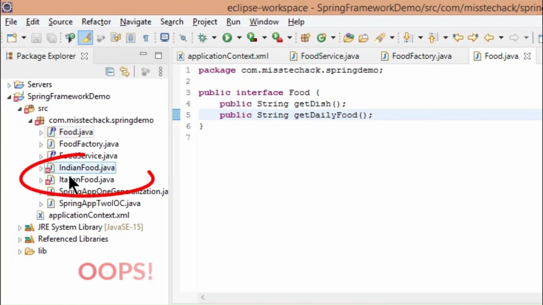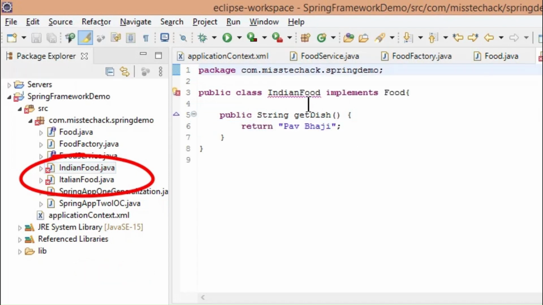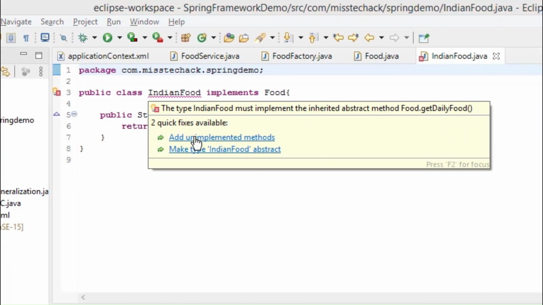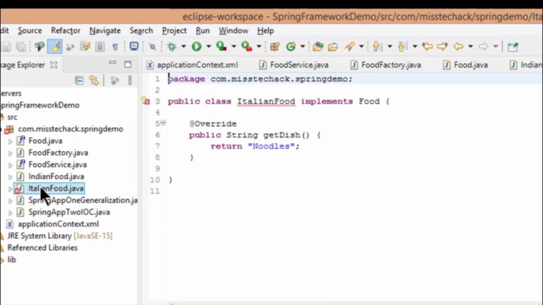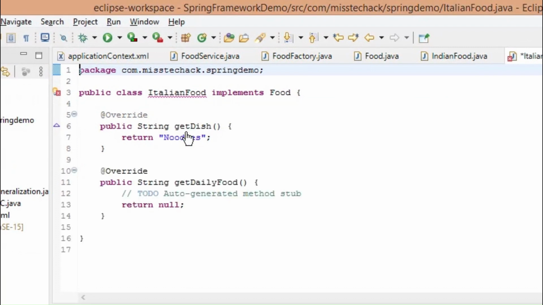Now we need to fix the classes IndianFood and ItalianFood. Open the IndianFood class, add the unimplemented method and return the string idli sambar. Open the ItalianFood class, add the unimplemented method and return the string Manchurian.